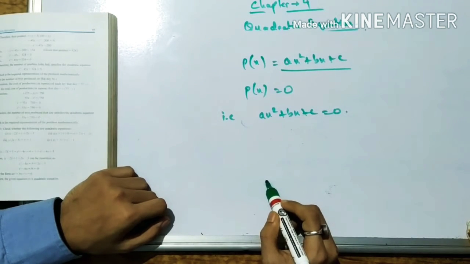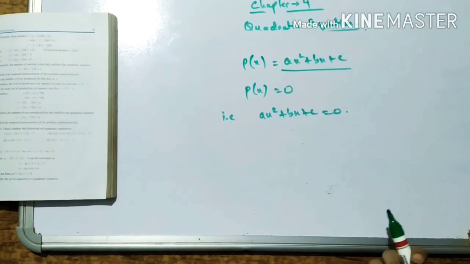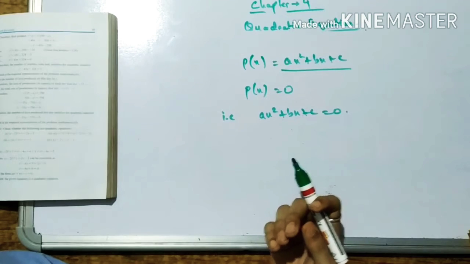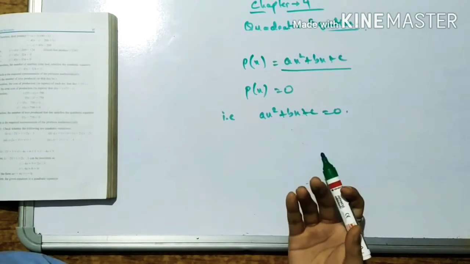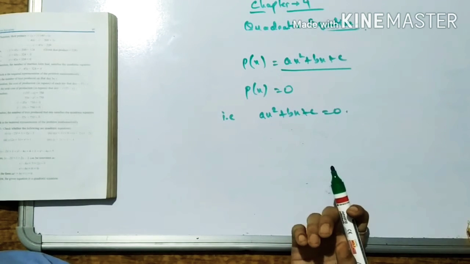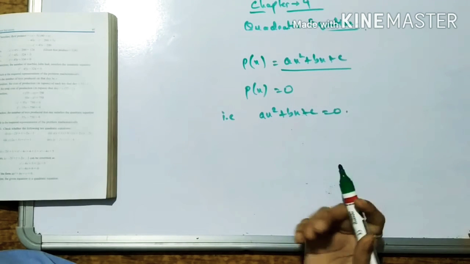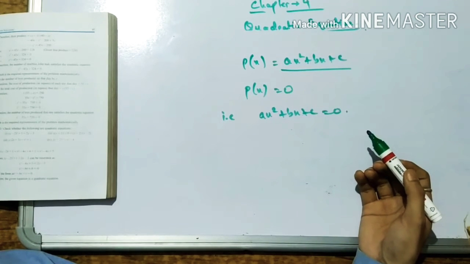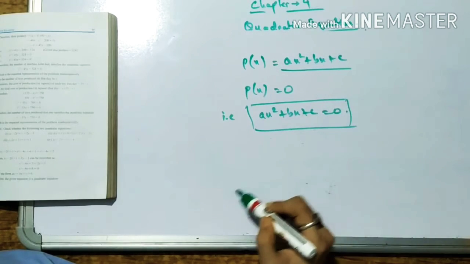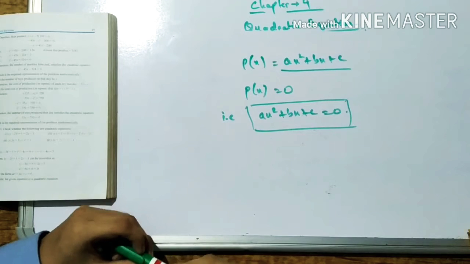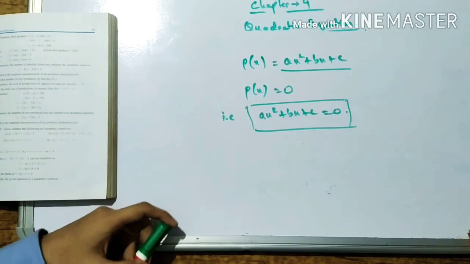Understand? That means in here, what is a quadratic equation? When we take a polynomial of degree 2. What are polynomials? We have already learned. If I take a polynomial of degree 2 and I say that that is equal to 0, then this equation will become a quadratic equation. I hope you have understood. Next we will go to example 1.